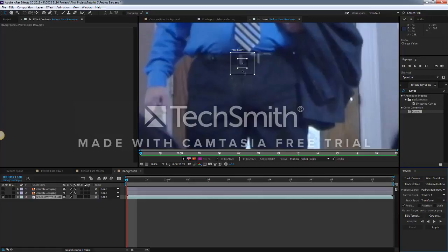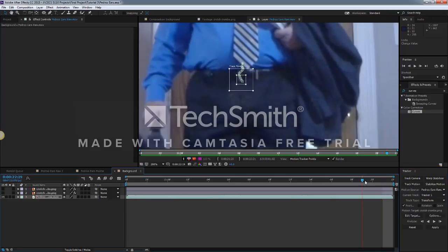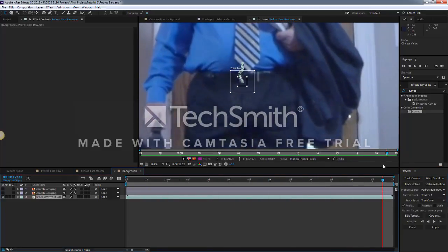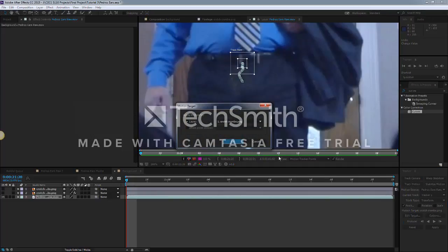That should work okay. And what I'm going to do is I'm just going to track forward, and that's a good track. It held just about like it was supposed to. Okay, good. What I'm going to do now is go through and edit the target in which the tracking data